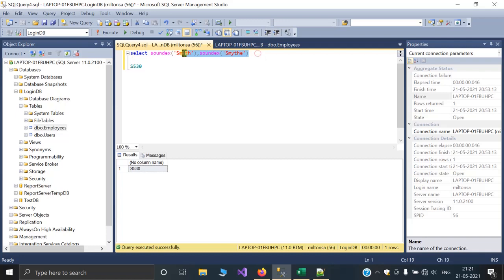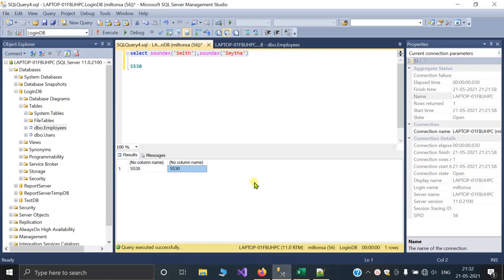If you execute this, you can see the same code is coming, S530 and S530. So both strings sound the same but are spelled differently. If you have the same values with different spelling in your database table, then you can easily find duplicate records with the help of this SOUNDEX function.